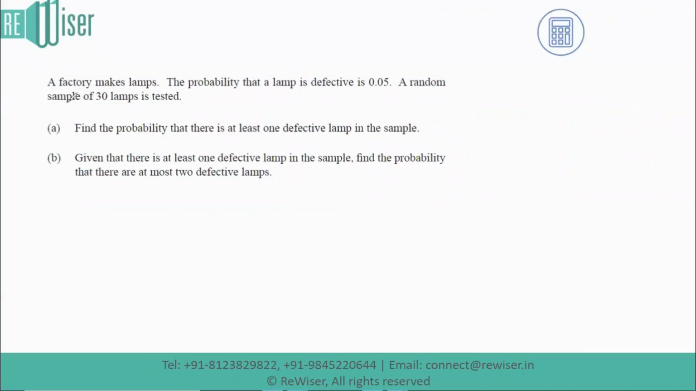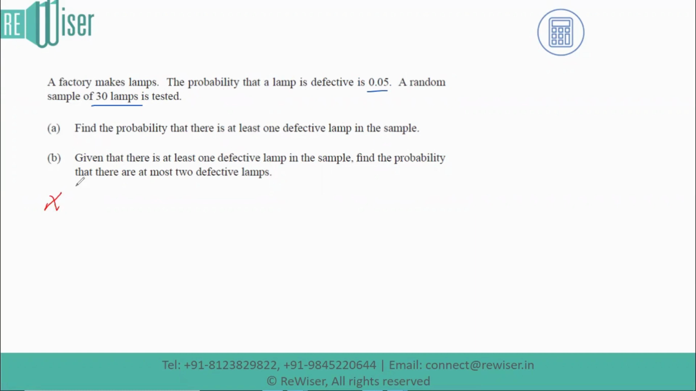In this question, we are talking about a factory that makes lamps. The probability that a lamp is defective is given as 0.05, and a random sample of 30 lamps is tested. Find the probability that there is at least one defective lamp. So in order to do this, let us